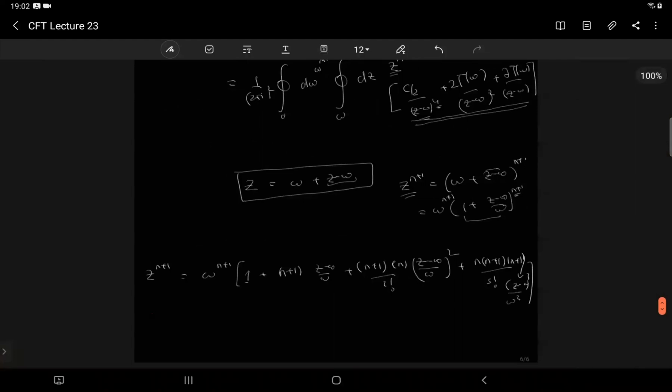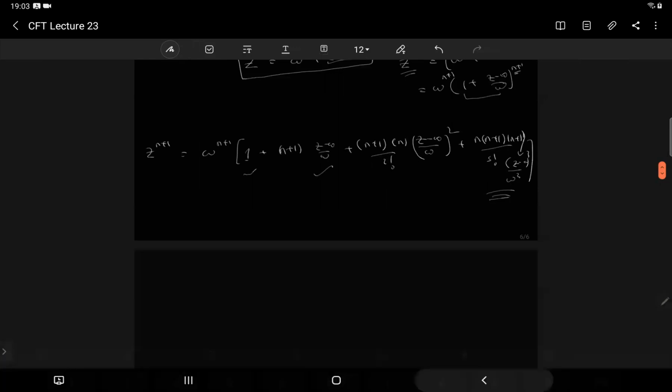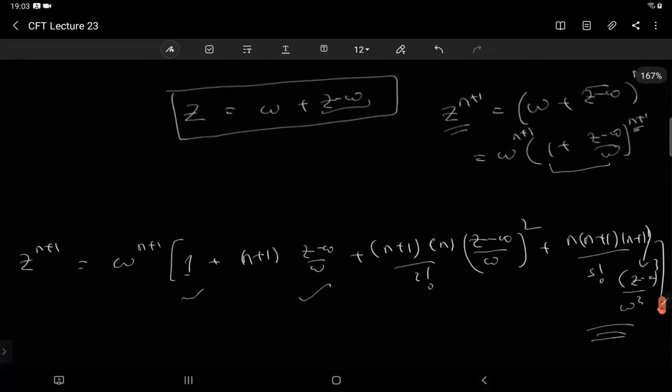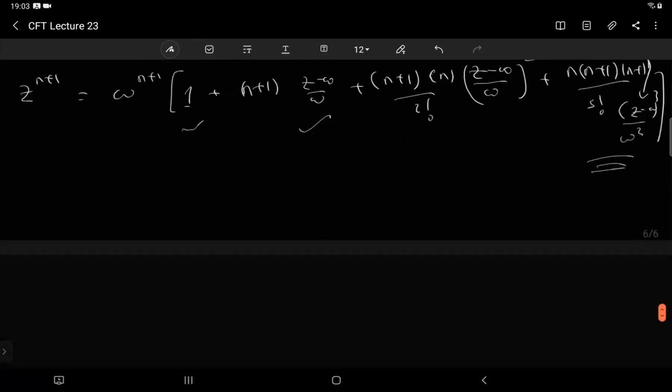So when you evaluate the first term, you have to use the cube term here. When you evaluate the second term, then you have to use this term, and when you evaluate this term, then you have to use this term. Is that okay? So let's evaluate it then. So you have